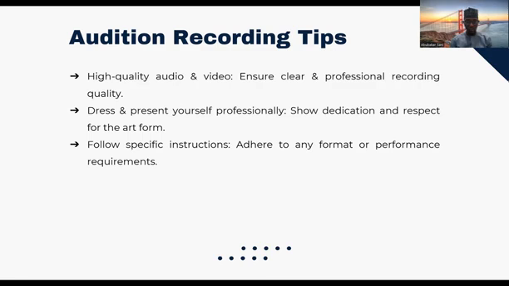And try to follow specific instructions. Sometimes when you are doing an interview, especially a recording, they will tell you the things they want you to mention in the recording, the things they would like you to address. So try to follow that format they provide and stay on track because they might tell you you have 3 minutes. So think about how much you can compress in that 3 minutes, how much you would like to explain, what you want to take on and what you want to leave out.